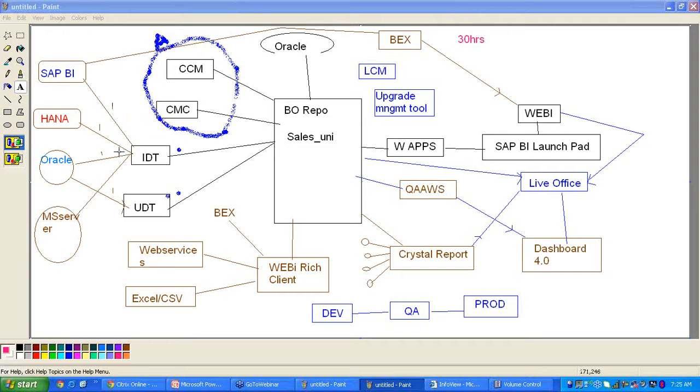Implementing the universe by connecting to the different databases, this is the main tool. IDT is the main tool, and next, for the reporting part, Web Intelligence is the main tool. Most of the time we use Web Intelligence and the universe designing tool, UDT. But in the latest version, we need to use the IDT. So the most usable tools are the IDT and the web reporting tools. Very rarely do we use Crystal Reports, and very few dashboards are used in real time. Most of the time we use the web reports and the universe in the projects.